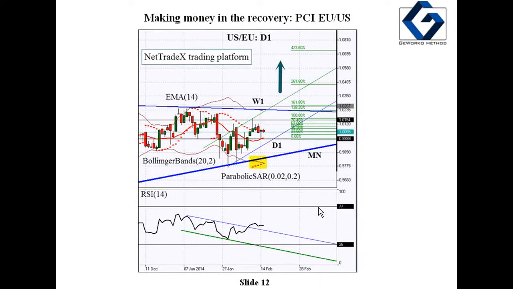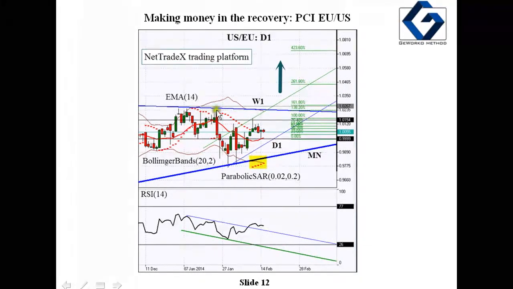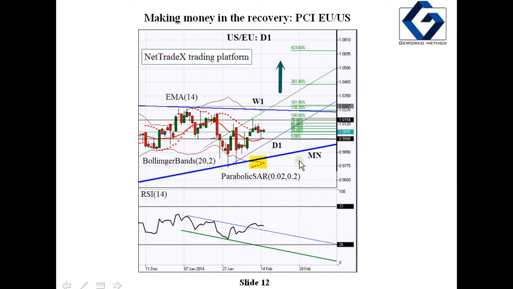Let us consider an example of the US-EU composite instrument within the recovery period for the daily candles chart. Parabolic and RSI confirm the daily upward trend. This is the main trend. The price ranges above the moving average. Here we use the exponential moving average. We can expect the breakthrough at this level,